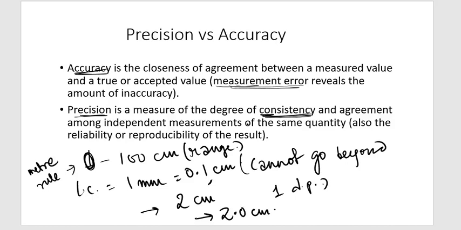So an instrument therefore can be precise, but whether it's accurate or not depends on other factors. There might be errors present within the instrument because least count of the instrument will not change, but there might be some error in the functioning of the instrument, right? And because of that, the readings might change and that would affect the accuracy, but it would not affect the precision.